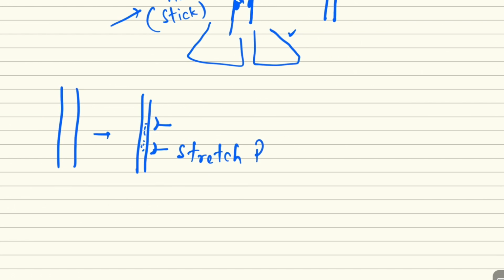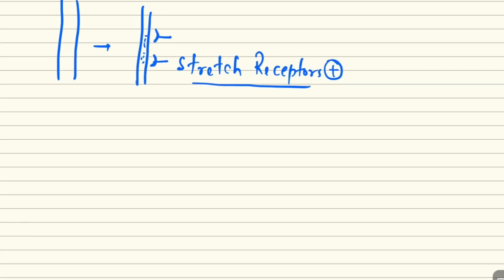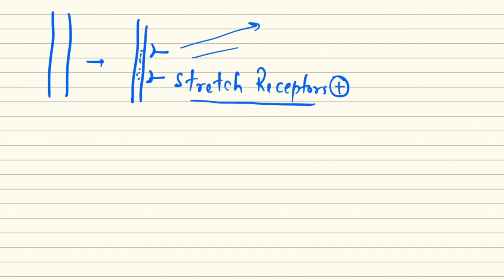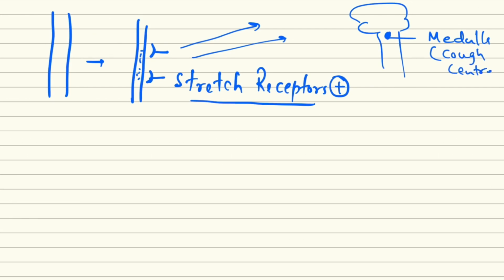Stretch receptors are activated by the secretions, by the bronchospasm, bronchoconstriction, and mucus. What these stretch receptors do is send the signal to our central nervous system. Here is the central nervous system. Here is the cough center located in the medulla oblongata. So this signal goes to the brain, in the central nervous system, in the medulla oblongata,